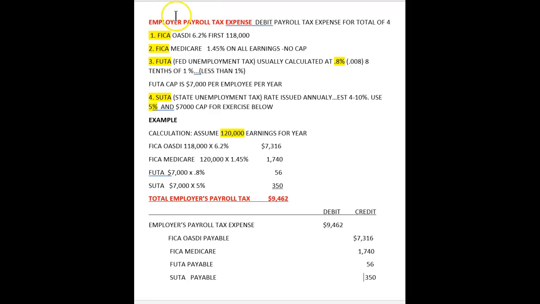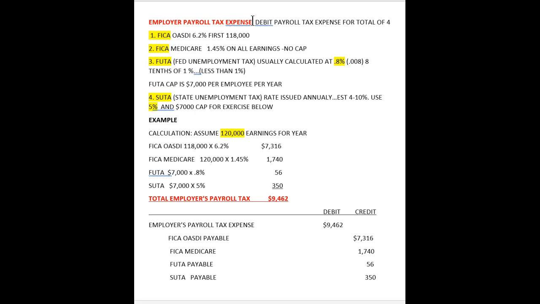Hi again, guys. I just created this sheet here to help you understand the calculation and recording of the employer's payroll tax expense. I'm sure you've seen in your chapters that there's a journal entry that first records from the payroll register the employee's payroll cost, where the debit is made to salaries and wages expense